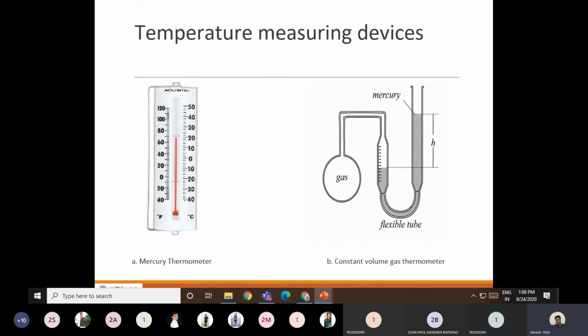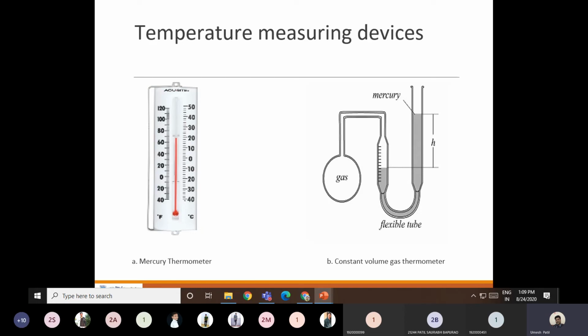Okay, so again I am repeating here. Three bodies, zeroth law of thermodynamics talks about when two bodies are in thermal equilibrium. So here the mercury inside a capillary tube and capillary itself, they are in thermal equilibrium with each other, and when we immerse the bulb of the mercury thermometer in a substance whose temperature we want to know, then these two bodies will come in contact with the third body, which is the substance, and after some time these three bodies will be in thermal equilibrium with each other.